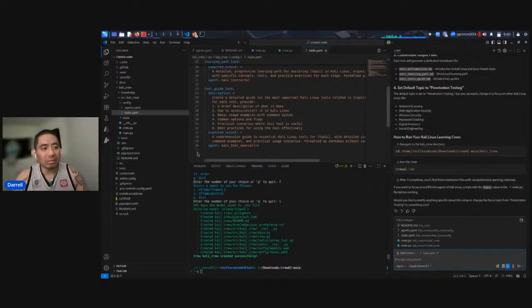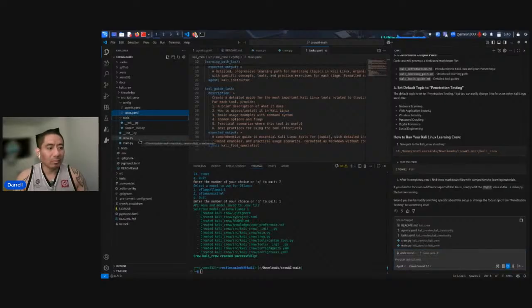So let's see if we can create a custom tool to teach me how to create an AI agent man in the middle.